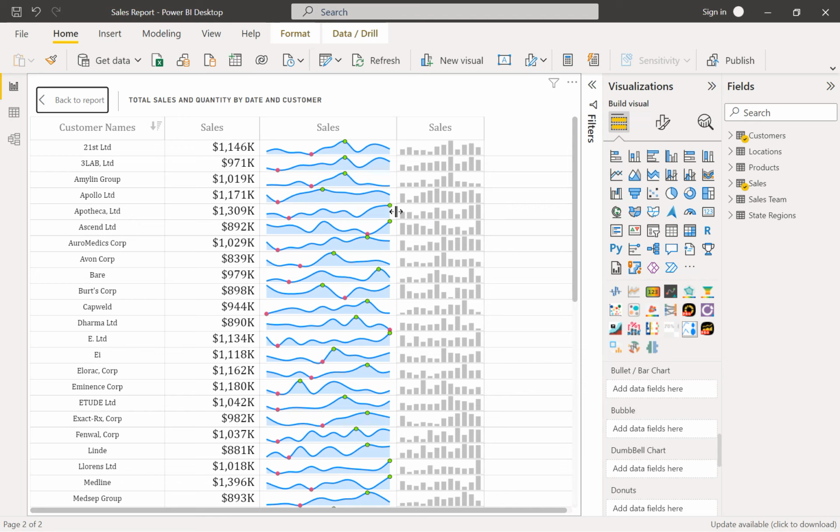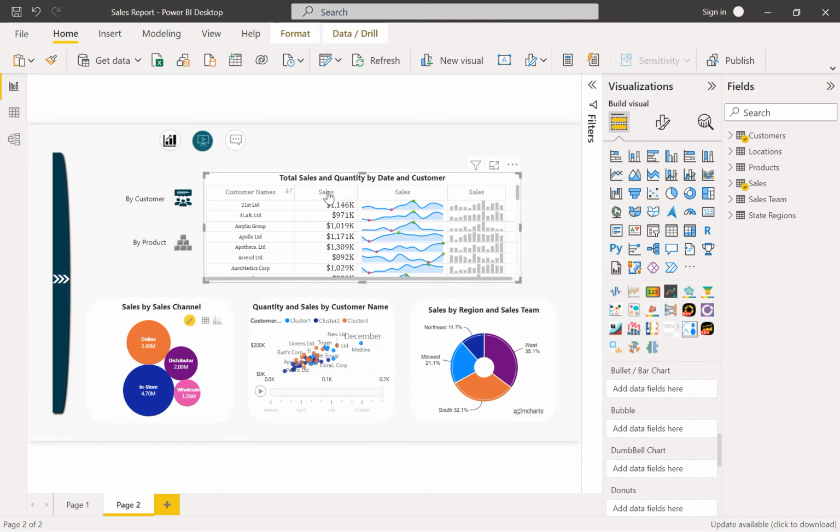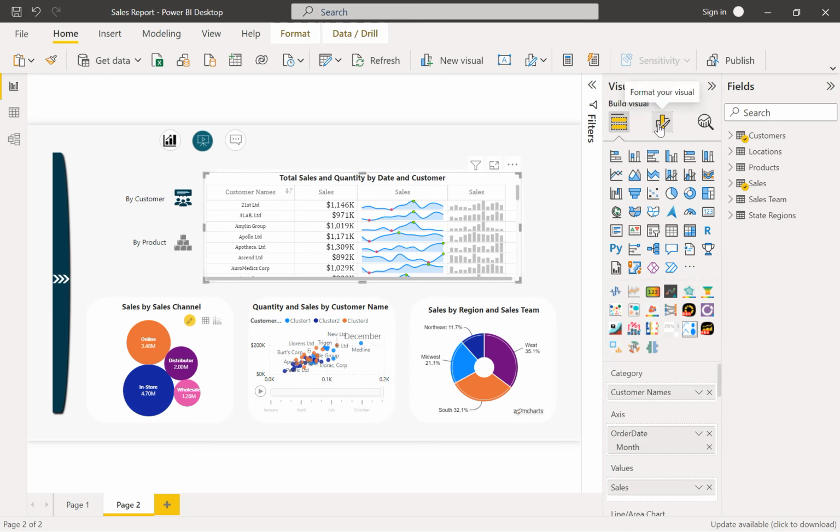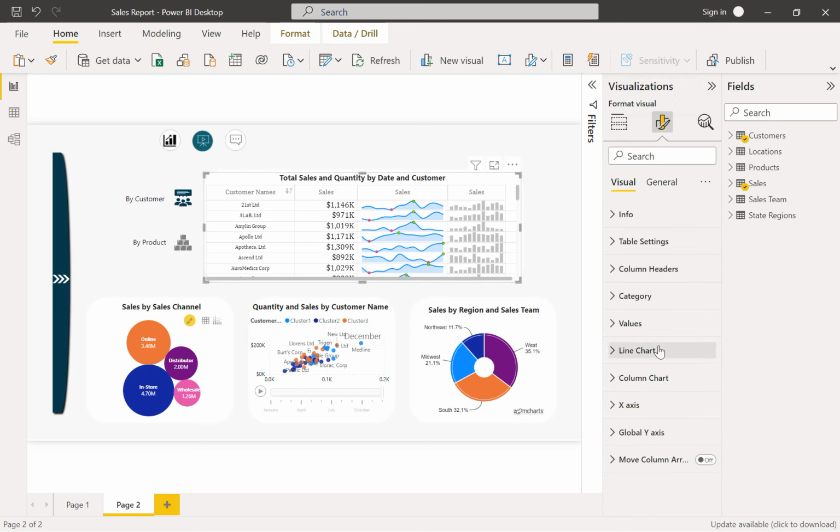But these two I find much more relevant as well, much easier to read for the end users. So you can pick up from any one of these. Another good feature of this specific visual is part of its properties. Let me go to its format visual. This very last property which says move column